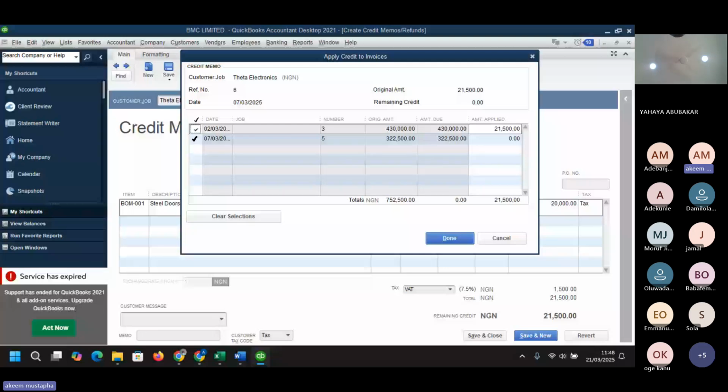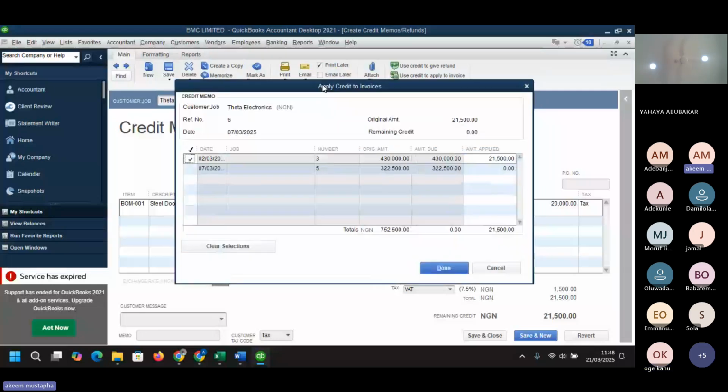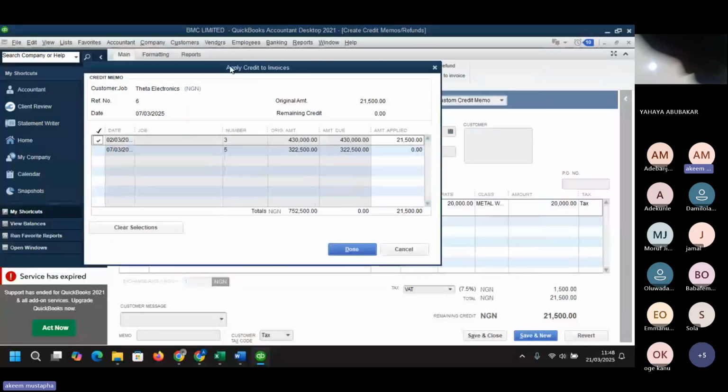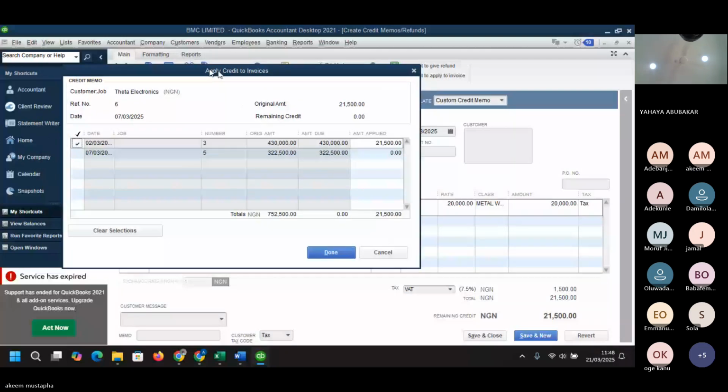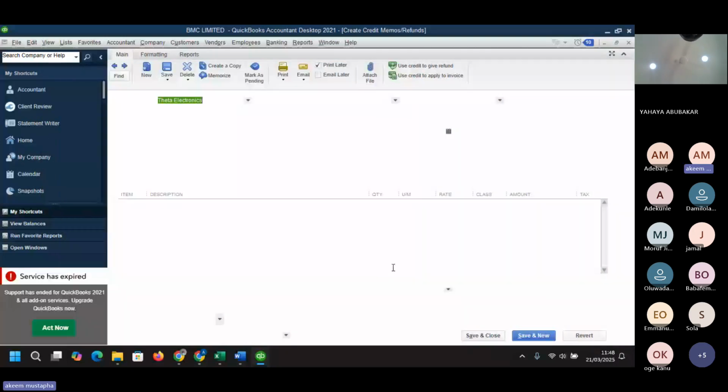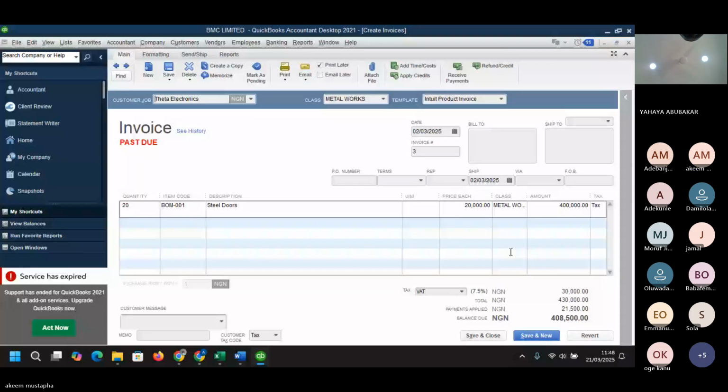Which invoice is having that 20 units? 20 times 20, that's 400. I think it's this one, the first one. Done. Let's go and check it. Close. So if you go back to this invoice now,